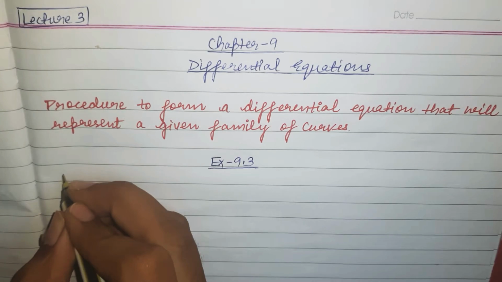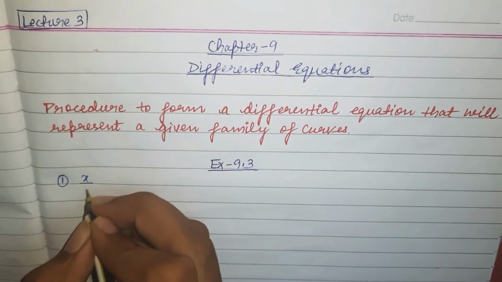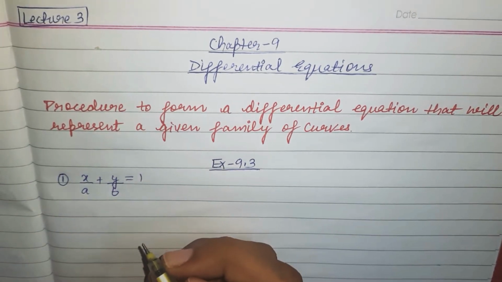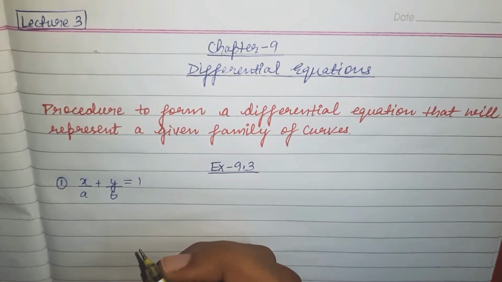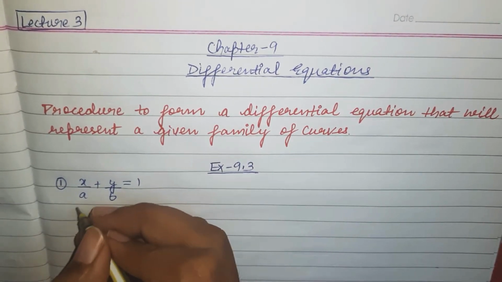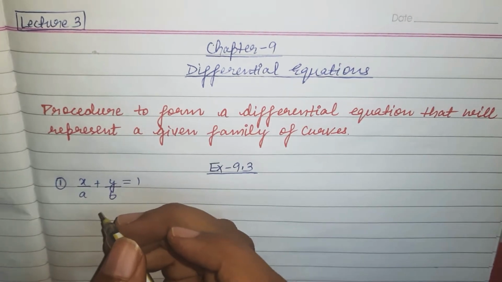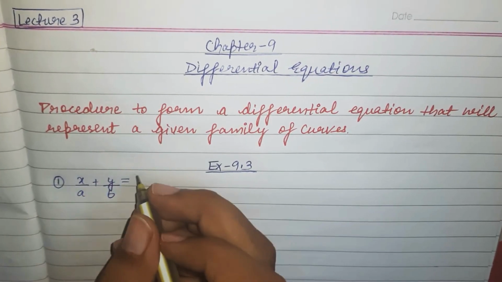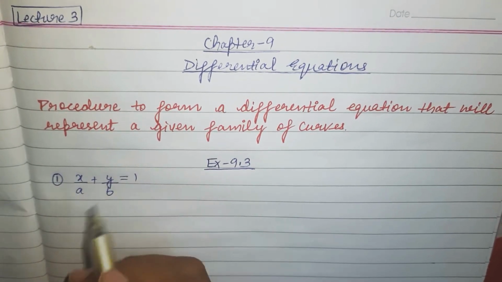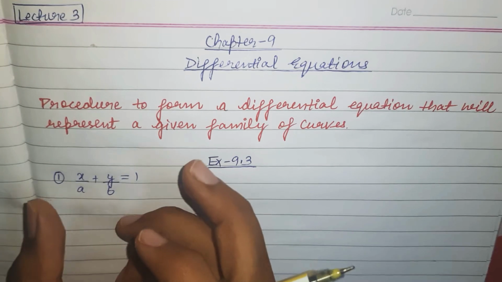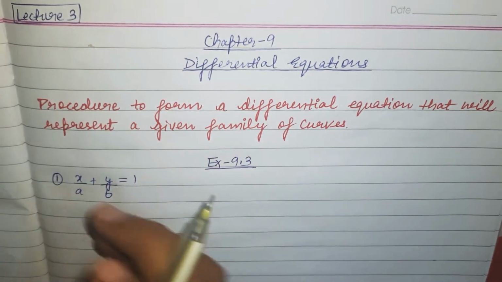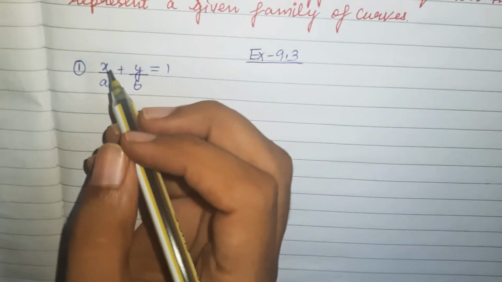So that means what you need to do, for example, if I am taking the first question, how many constant terms am I having here? We need to form the differential equation. Differential equations are those equations which include the derivatives. So this is the normal equation. If there are two constants, you need to take the derivative of this equation twice so that we are able to eliminate a and b. Once we eliminate a and b, the final solution will be called a differential equation.